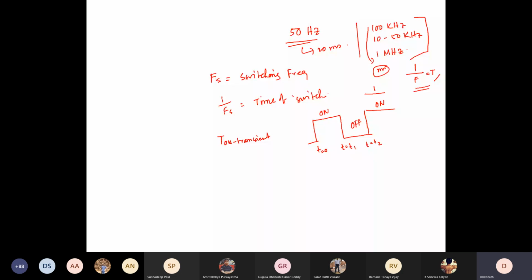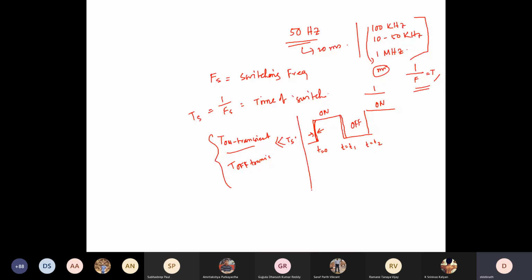But in practice, what you will see is that as soon as you want it to turn on, it will have a certain amount of delay actually. It may not turn on exactly at the same time. So those time transients, I'm talking about this turn on transient, turn off transient, this is the switching time, right? How you change your state from off to on or on to off. Those time frames should be, if this is TS, much less than TS. Maybe at least 10 times, 10 to 100 times.